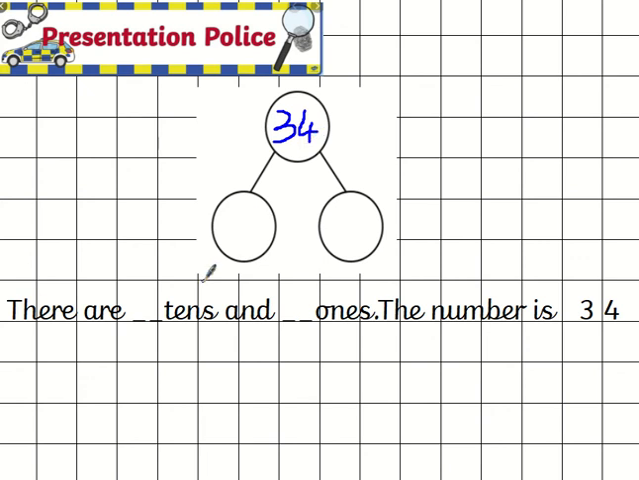Now I need to split it. I need to partition our number. So I can partition it with 3 10s and 4 1s. So I've got the number 30 here because 3 times 10 is 30 and the number 4 here. Okay, so